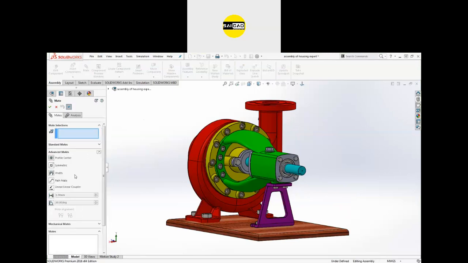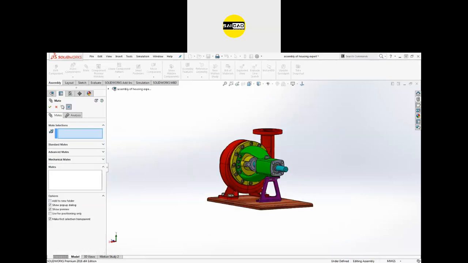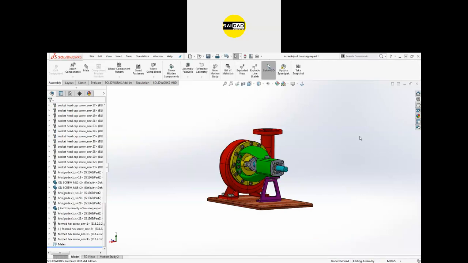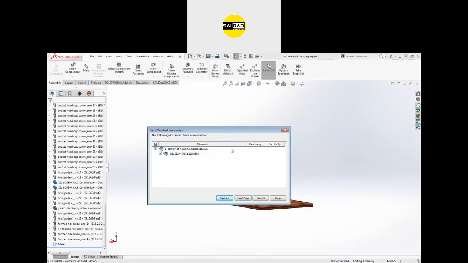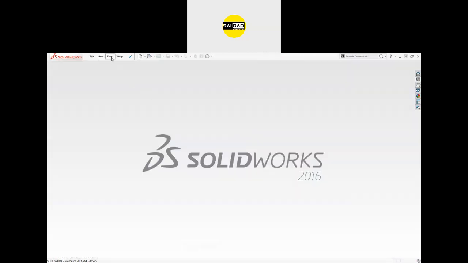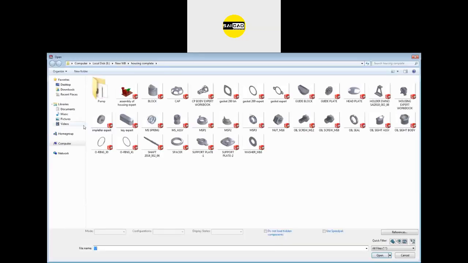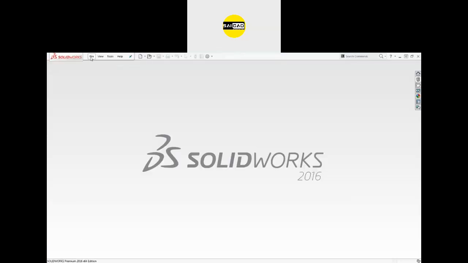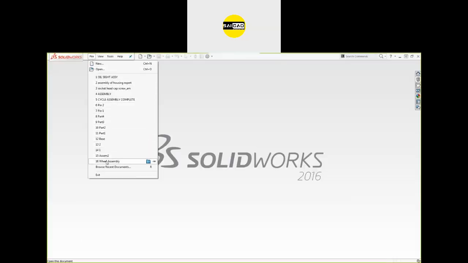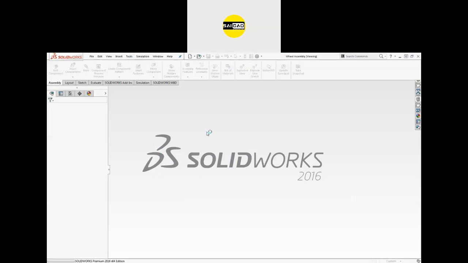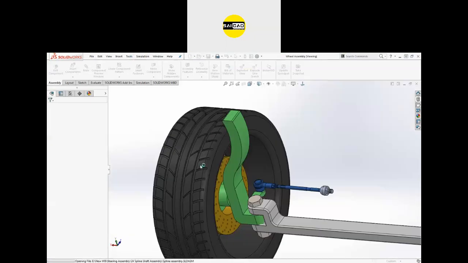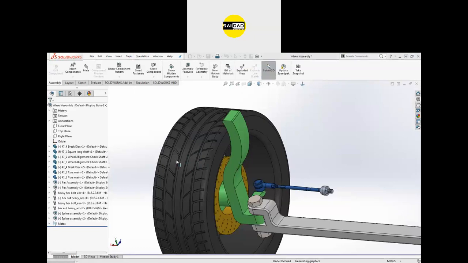Okay, this option, and we are going to cover the mechanical mate now. I think I'm going to explain a few mates in the advanced section here. For that, I'm going to open Recent. There should be the wheel assembly. Okay, so right now,